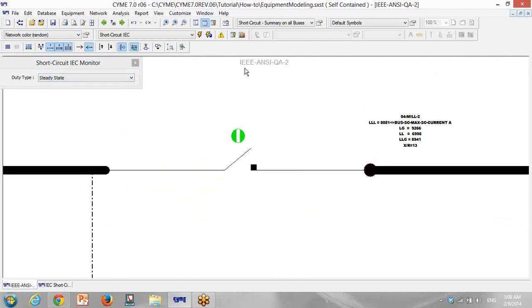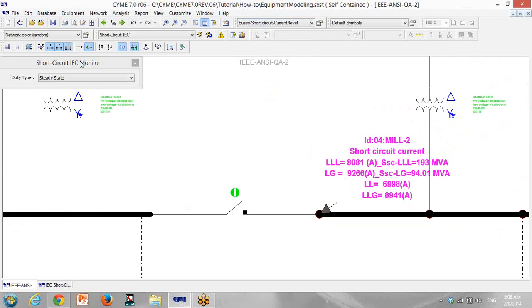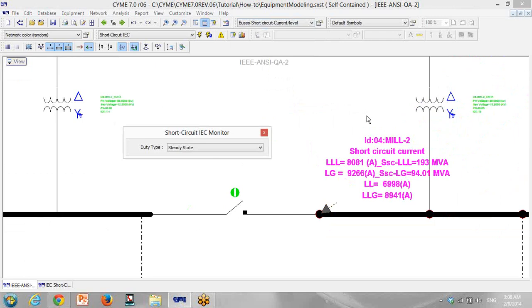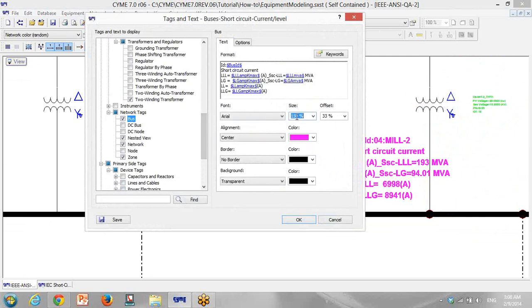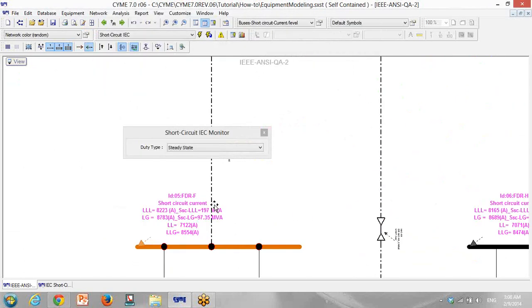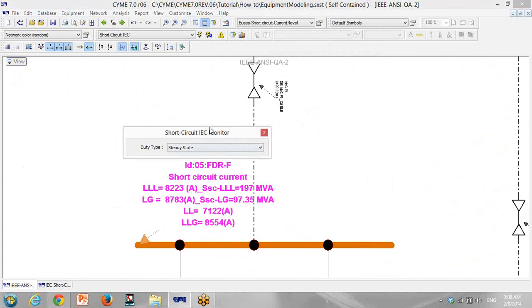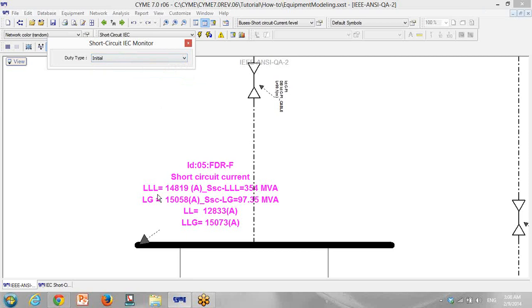So any values here, but we have another tag as a customized tag for the short circuit, bus short circuit current level. So bus short circuit current level, I think it's a bit big here, but okay, that's okay. I click on here to change it. For example, I go to bus bar, it's 150%, I put it 125%. That's a bit small, I think it's nicer. So right now you can see for each bus bar you have the short circuit value, current, and the breaking current, everything